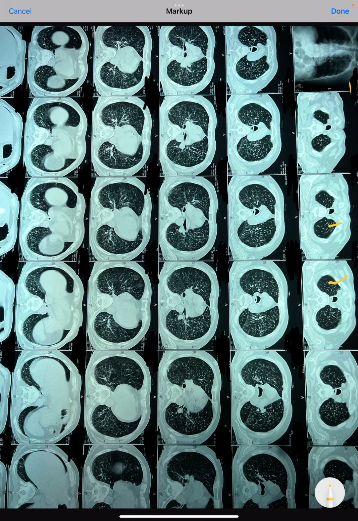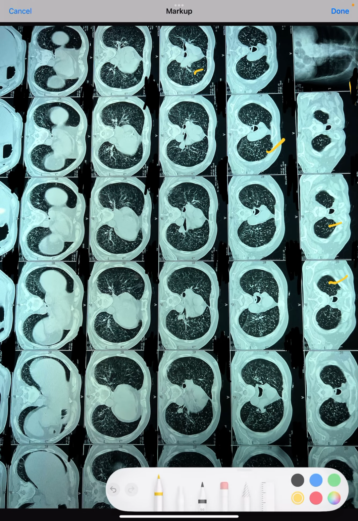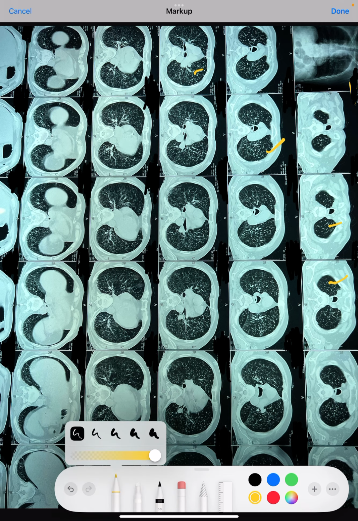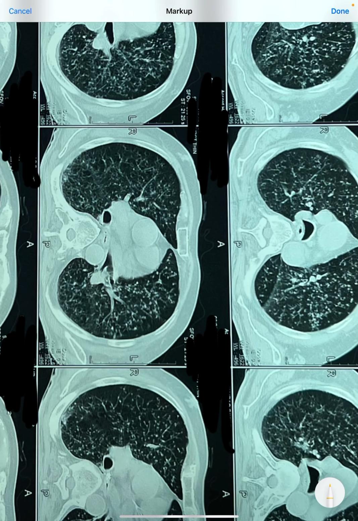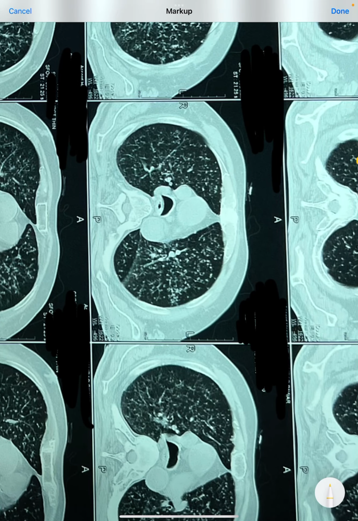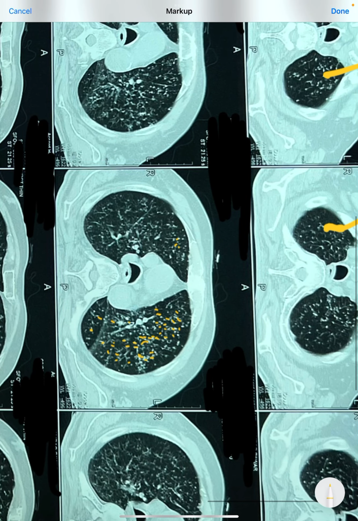lung fields. You pick any lung field, you can see a very small, typical mottling, which is seen in the bilateral lung fields. So what we can see is there are numerous hyperdense dot-like structures which are dispersed in both the lung fields. You can see there are hyperdense, very small miliary